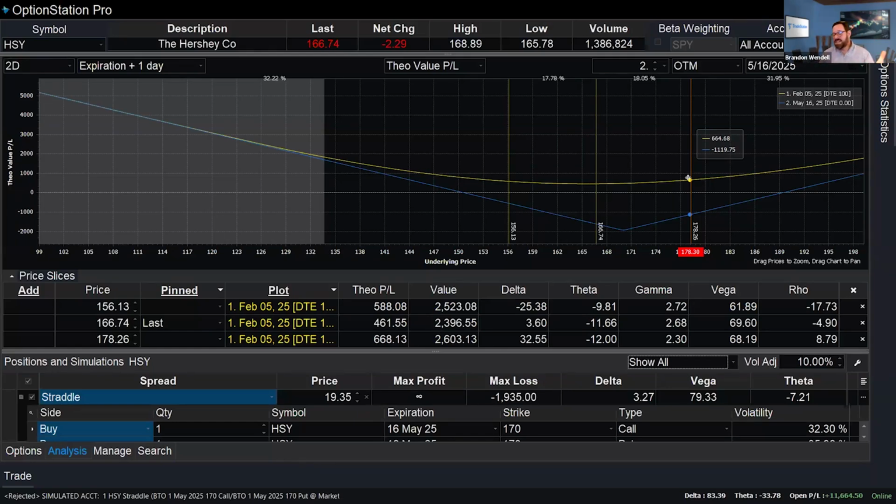Now, there's no guarantee it's going to do that, right? But that was at my break even point, just going up even a little bit. Or what if it doesn't move anywhere? If it doesn't move anywhere, this is the current price last. That's still a gain of 461.55. That's why it's very important to make sure you buy with low volatility. And if you're worried about time decay overcoming that, you buy enough time to take the time out of the equation for the most part.